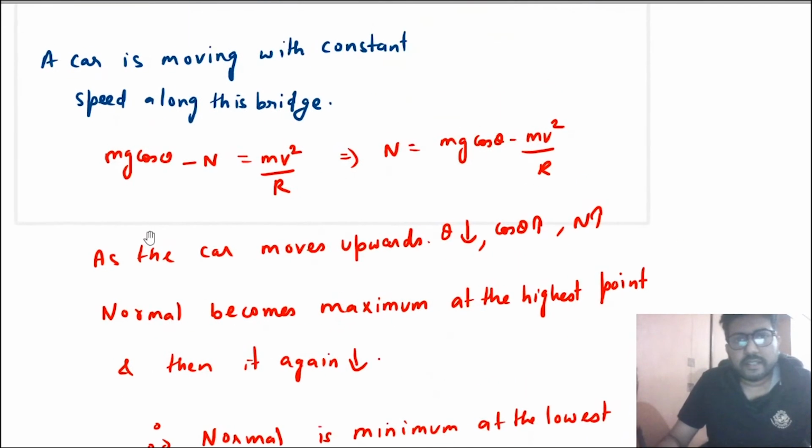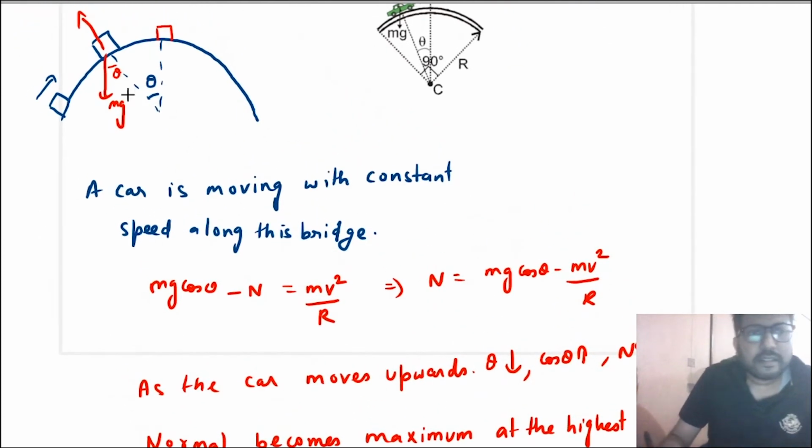What do you mean by this? See, as the ball moves upwards, its velocity decreases. Now, if velocity decreases, normal increases. So you know that as it moves upwards, normal increases, and if velocity decreases, it is also adding to the increment in normal. So when the car is moving with constant speed, normal increases, and when the speed is decreasing, normal also increases. Why does the normal increase? Because this term increases and this term decreases. If the negative term decreases, that means normal increases. So this relation is true for a moving block also, not only for the car.